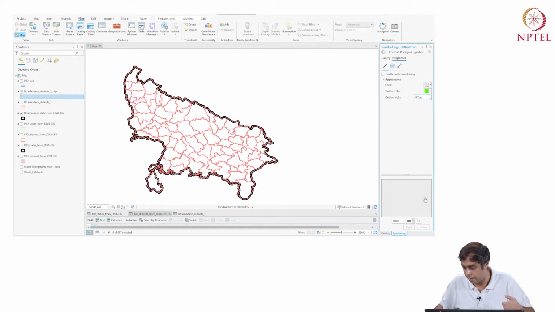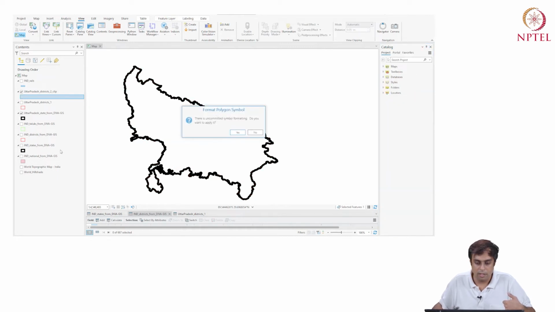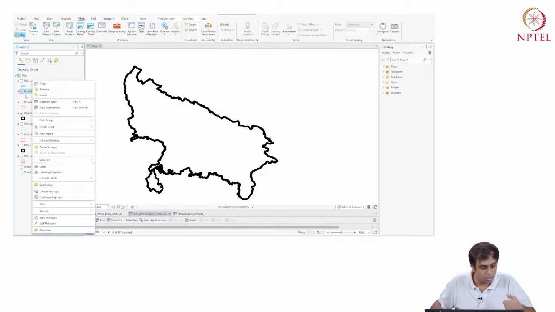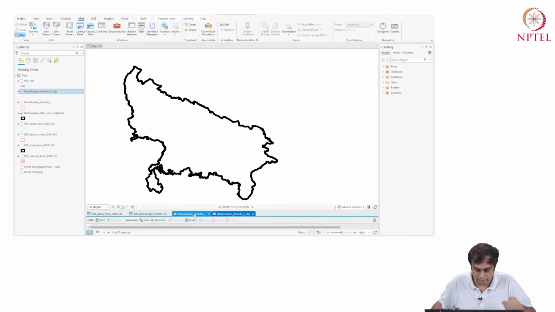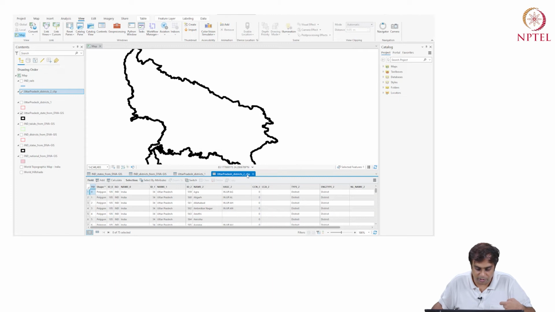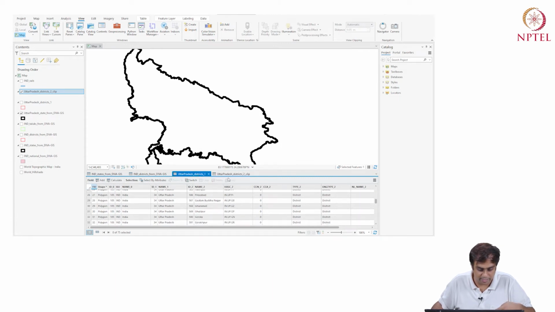Okay, apply and close. Okay, this is Uttar Pradesh District 2, just like District 1. It has 75 features, right?